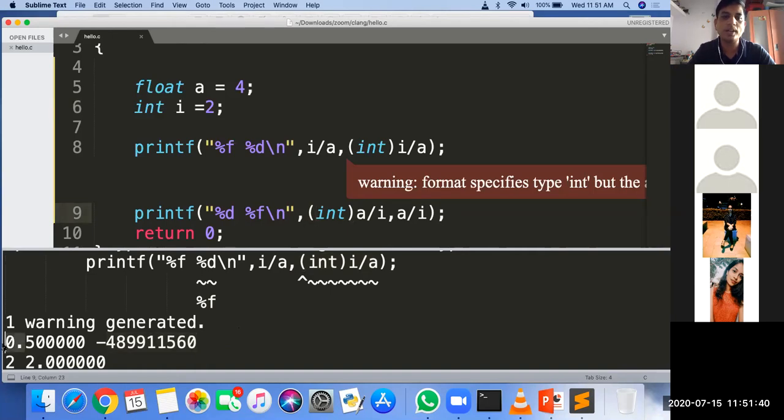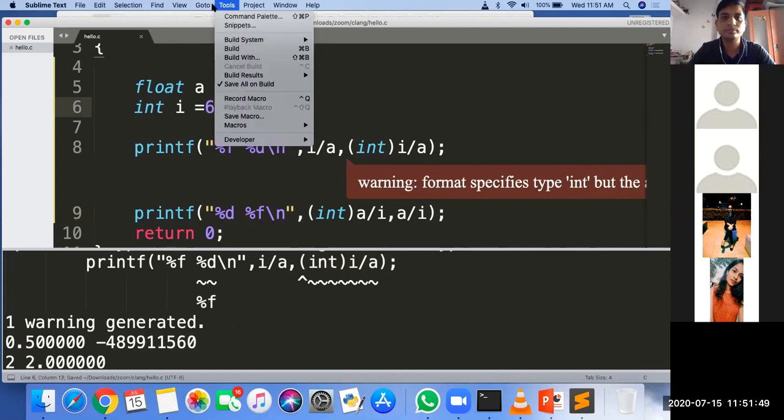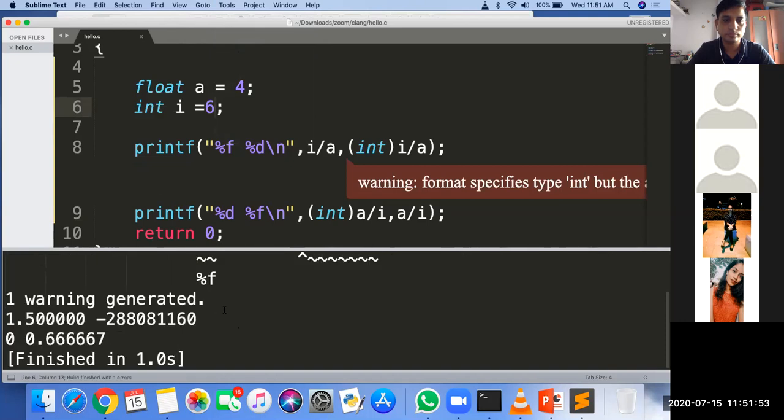Because this is 0 point something. If it is, I think, 6.4, then it is correct. The upper one always gives the error.